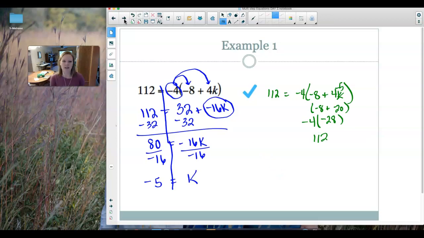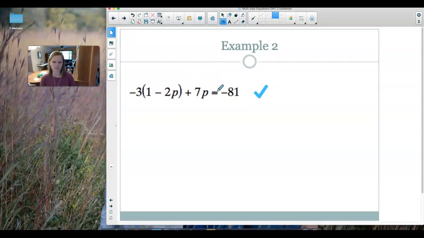Okay. All right, so let's look at example 2. This one looks a little bit longer and more complicated, but just because it gets longer doesn't mean it's harder. The steps are still the same. So we're going to start with the distributive property. We're going to distribute this -3 to both of these items, okay? So I have -3 times 1, which is -3. And then we have -3 times, I'm going to count this as a -2p. Okay, so -3 times -2 is